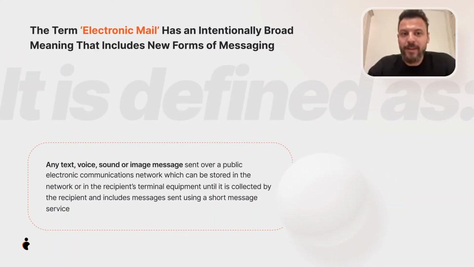So electronic mail is any text, voice, sound, or image message. It means that if you were not doing email outreach because you thought it's better to invest in phone or cold calling since then you're not breaking any GDPR, no, you actually are. The same goes for any solicitation on social, Facebook, LinkedIn, etc. Any platform that stores information electronically is considered private data. So in a way, you should be looking for soft opt-ins everywhere.